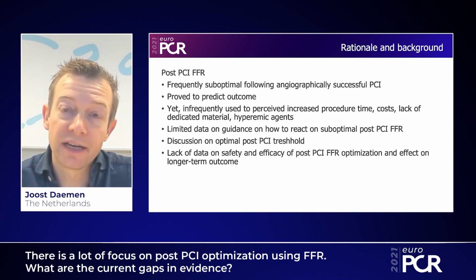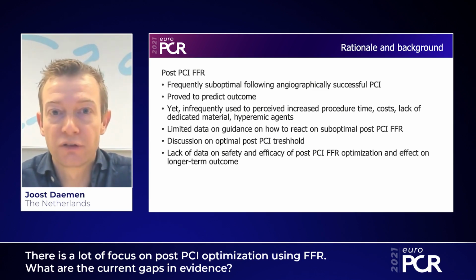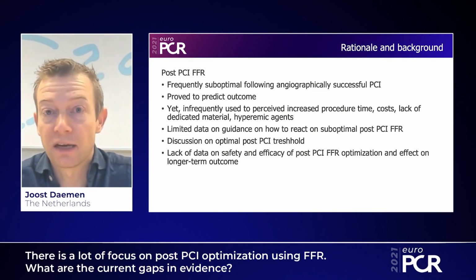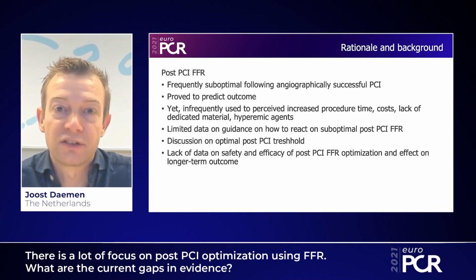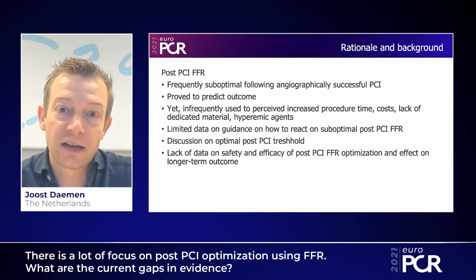Still, there is little data on how to improve a post-PCI FFR, whether or not to use a pullback, to use imaging, use specific gradients, and what is the exact threshold that needs to be used in order to optimize post-PCI FFR. Finally, there's limited data as to whether the additional optimization following a low post-PCI FFR actually